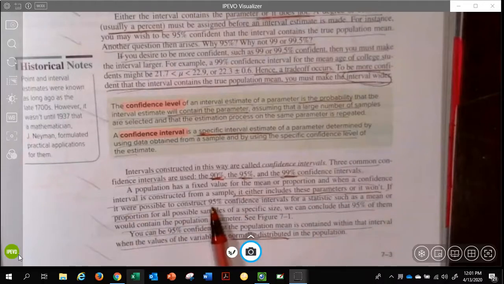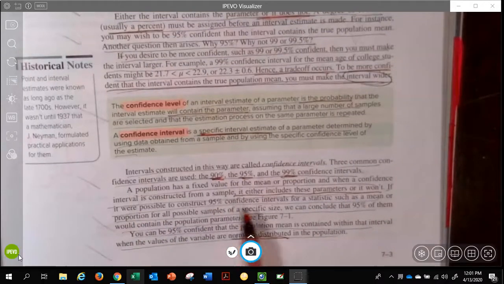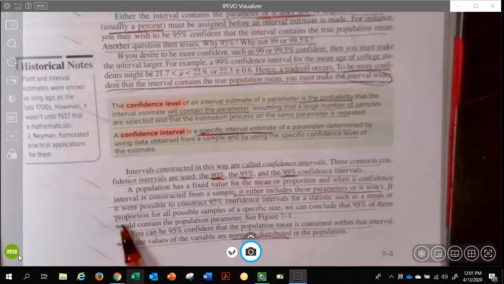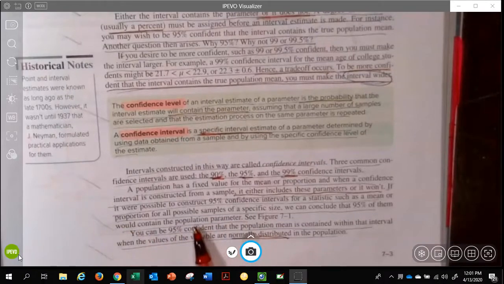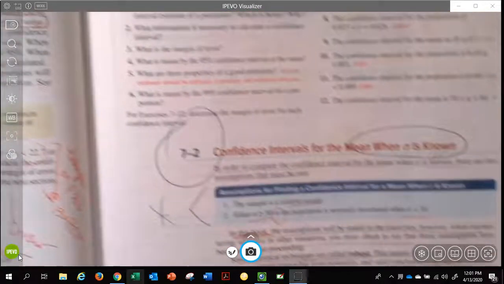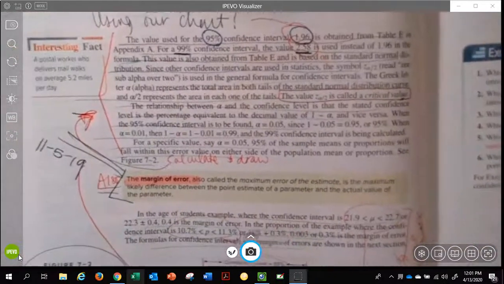If it were possible to construct a 95% confidence interval for a statistic such as a mean or a proportion for all the samples of a specific size, we can conclude that 95% of them would contain what we are looking for. You can be 95% confident that the population mean is contained within that interval when the values of the variable are normally distributed. So we're getting to, so what does this mean for me? So what it means for us,